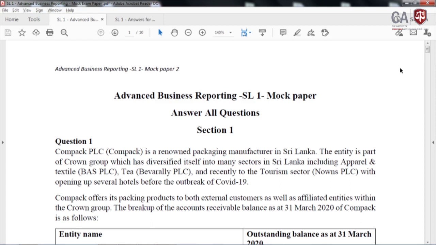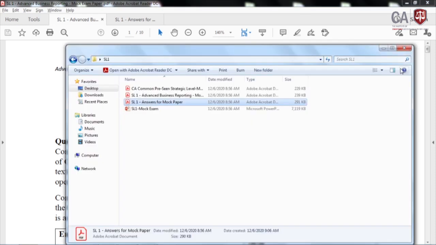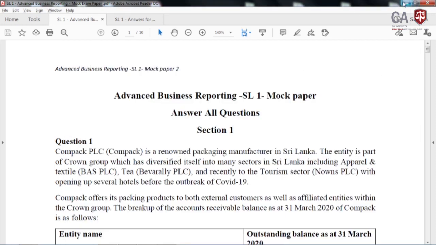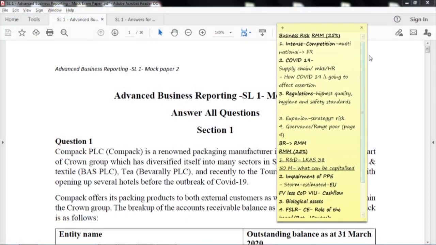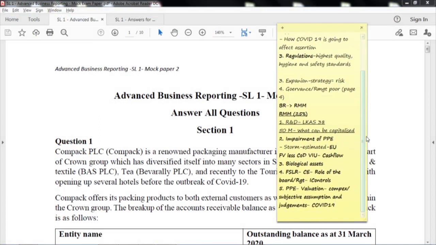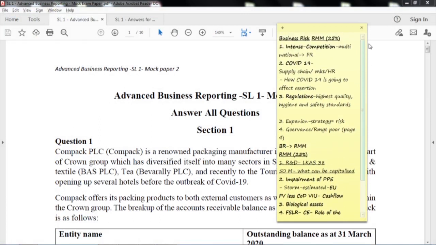Having analyzed the pre-seen, now we are going to look at the mock paper, and I'm sure you have already gone through that, but my duty here, as I said earlier, is to give you the confidence to build your own answers, the art of writing the answer. And also, if you remember, while reading the pre-seen, we made all the notes in this sticky note, that these are the questions that are going to come essentially based on the pre-seen. I am sure what is written in this sticky note is going to extensively help you to build the answer.